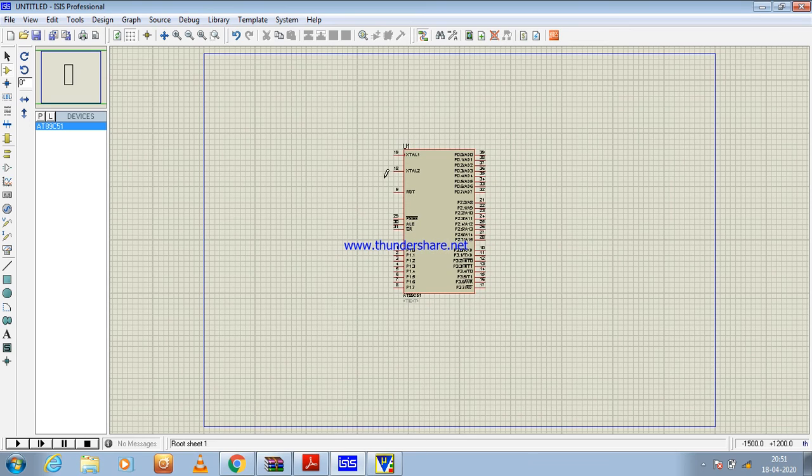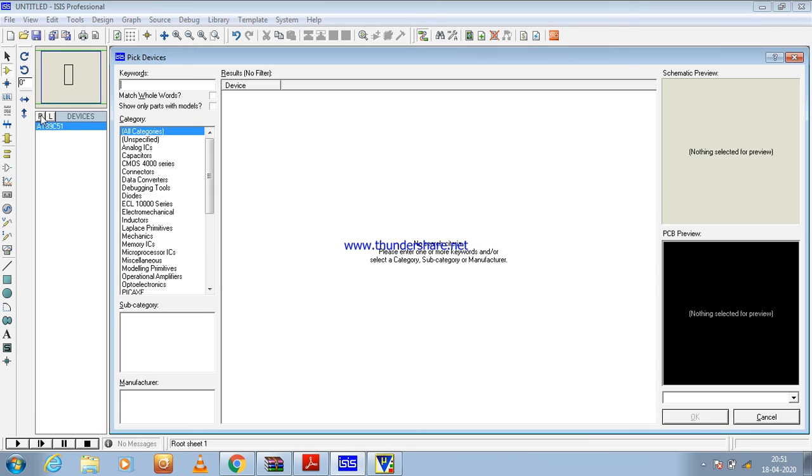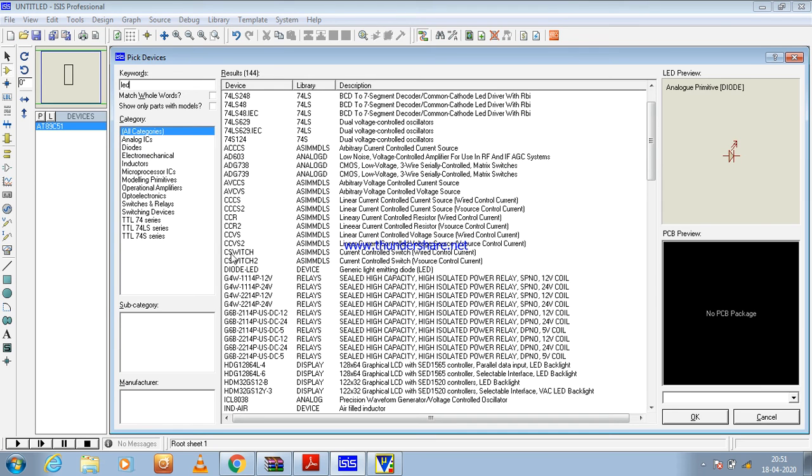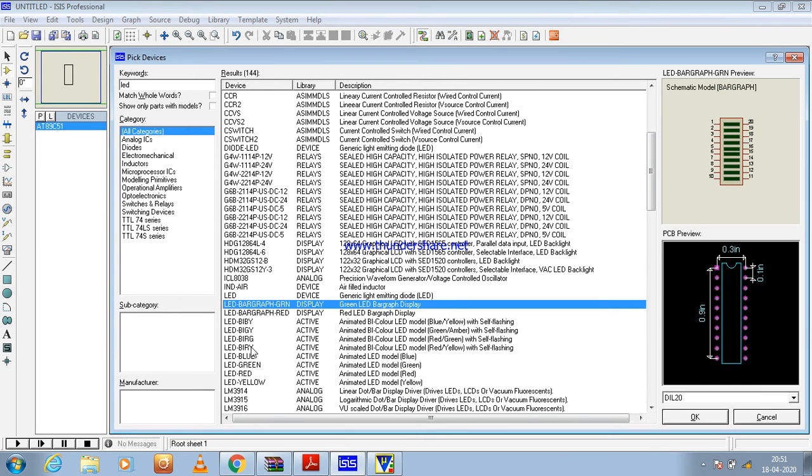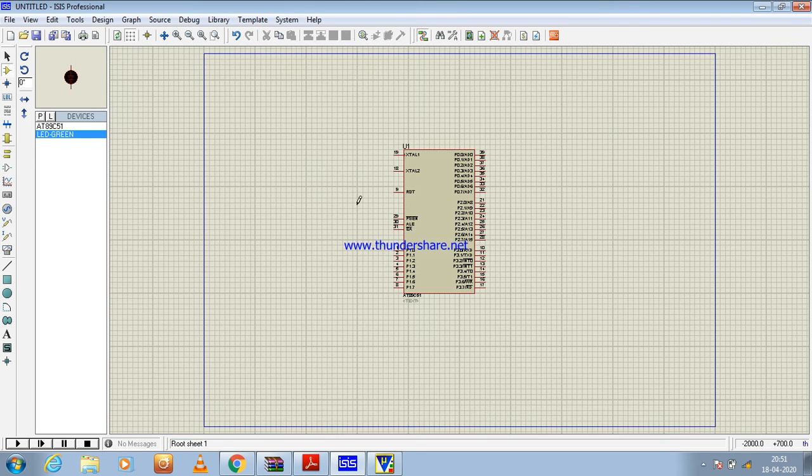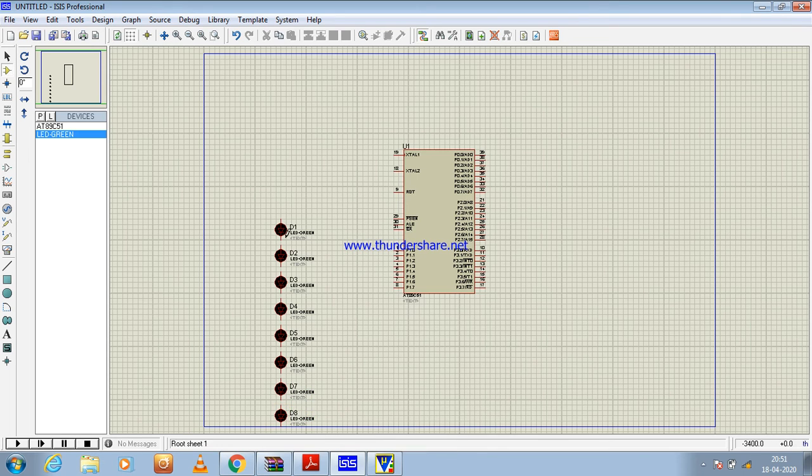Keep it here. The next thing we need is LED. Whichever color you want, you can choose. This time, green LEDs. So this is how we take our LEDs.